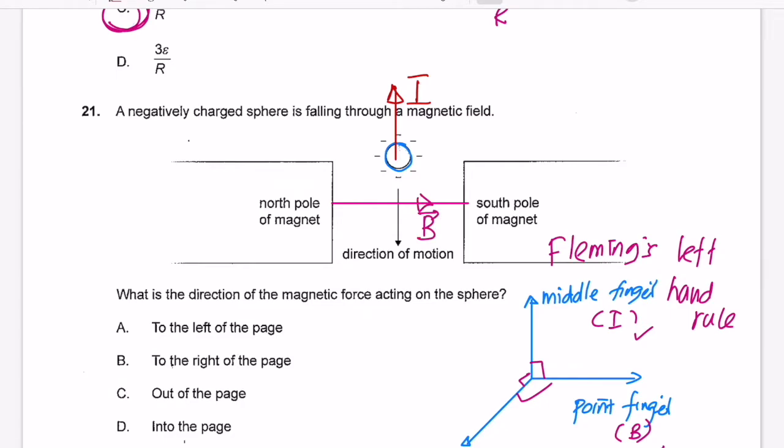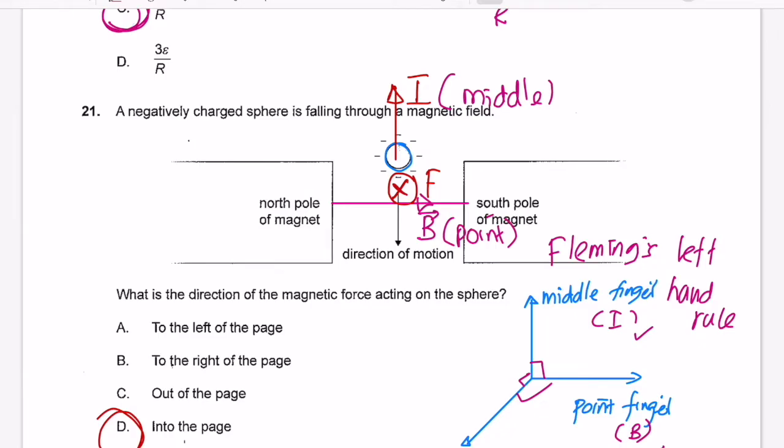Now let's use our left hand. Magnetic field from the point finger and current from the middle finger. If you do this right, you will get there is a force, but that force is into the face. So answer is